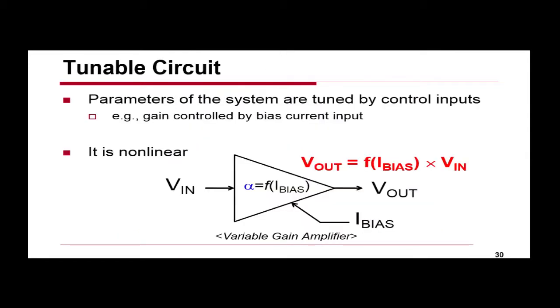Okay, so the other place that people complain that things are really nonlinear is something like this. Remember, I'm building controllable systems because I can't build anything accurate enough or precise enough. So I have a gain of an amplifier, but the gain is a function of the bias current, and I put the bias current in, and therefore the output voltage is going to be the input voltage times some function of the bias that is clearly not linear, right?